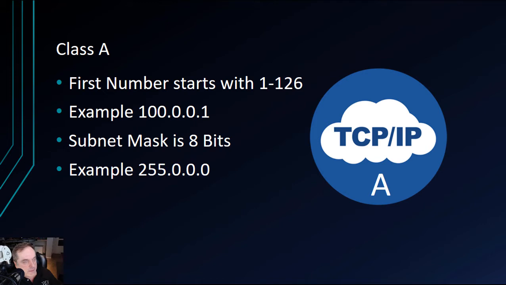It does use a subnet mask, and it has to be 8 bits, which means 255.0.0.0. So it's 2 to the 8th power, once again, as we've discussed, which means that in this case it's going to be 255, because we always start with the number 0 and end at 255, so that's 256 addresses. So the subnet mask is going to be 255.0.0.0.